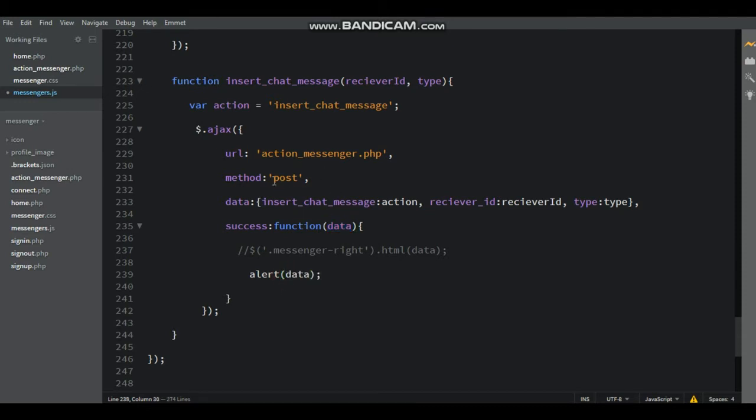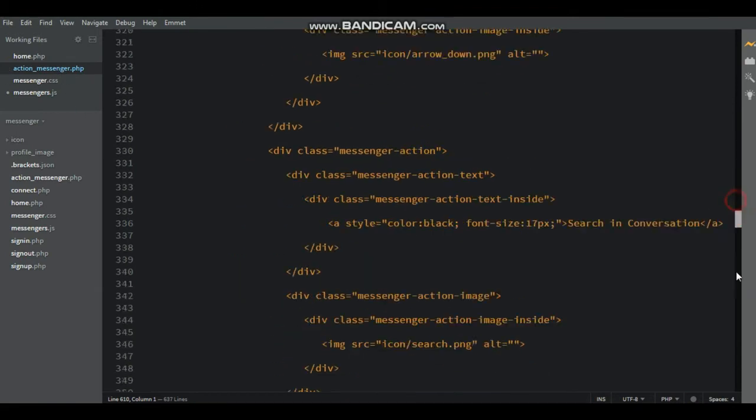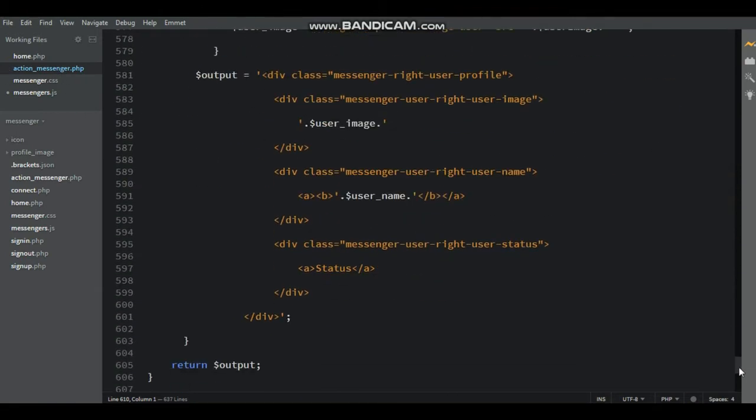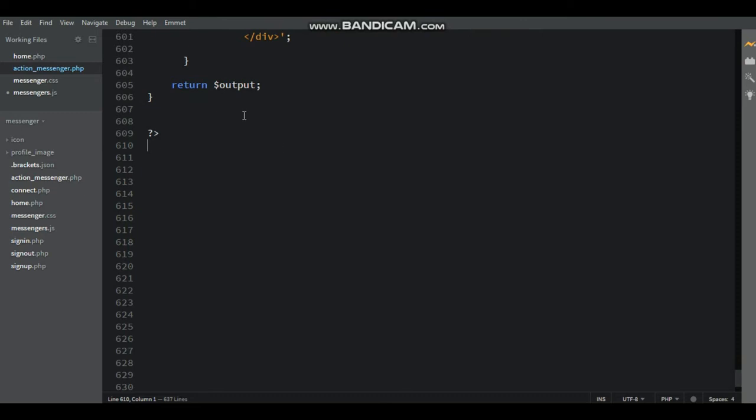Here sending data method is post, URL is action messenger.php file. Now go to the action messenger.php file. Now write the tag, that is tag name is insert chat messages.